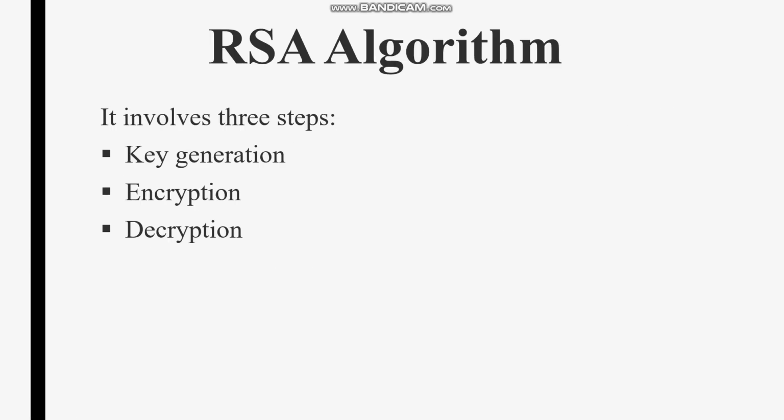Now, what are the steps involved in the RSA algorithm? There are three major steps involved. The first one is key generation. That is, we have to generate both the public key and the private key first. Then we should know the plain text and perform encryption on that plain text using the public key, and perform decryption for the given ciphertext using the private key. So there are three major steps involved in RSA: key generation, encryption and decryption. Let us look into how we perform key generation.